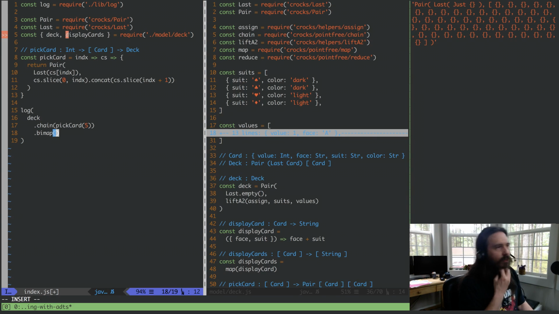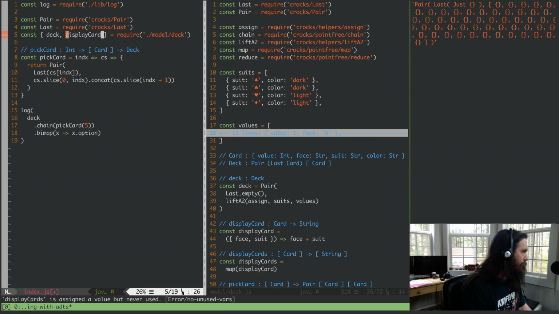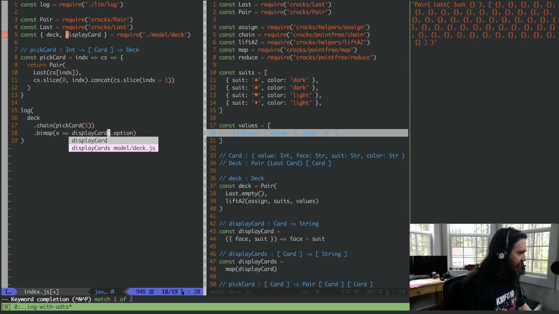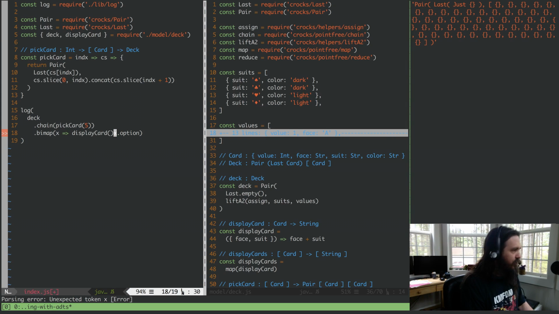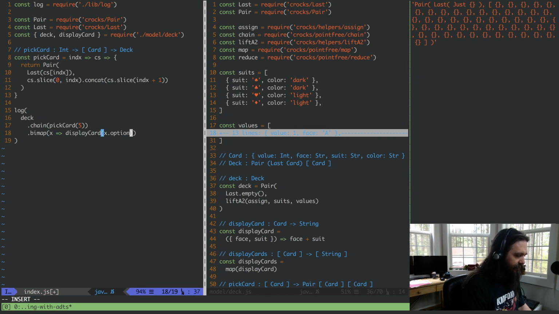It's a little different with this last because we need to actually option it out for something. So here let's just do x, and then we'll do x.option. And we want display card for that. And option and display card. And then when we option it, the reason why we're optioning it is because it does wrap that maybe. The option is available to it, and it works just like the maybe. So if we were to put something in like this,